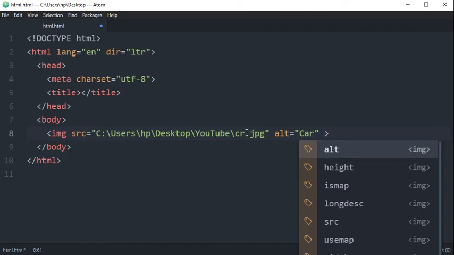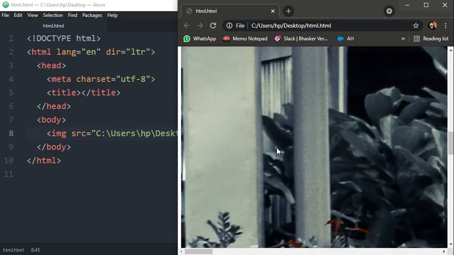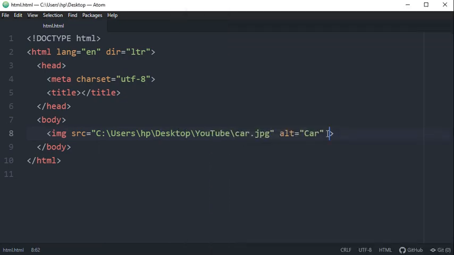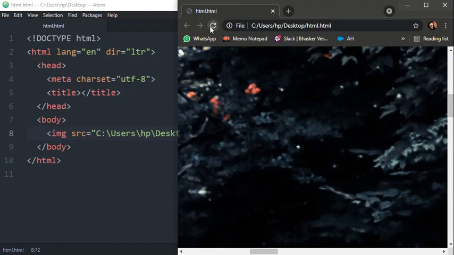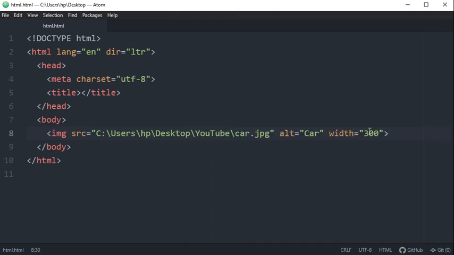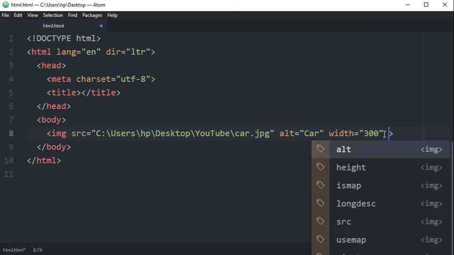Our image is big in size. How will you define the size of this image to display the full image in your web page? I'm simply going to set the width. Suppose I'm giving it width 300, saving and refreshing it. You will see that according to the ratio, the height is already adjusted. We just gave the width, 300, and according to the ratio it will automatically pick the height of this image. If you want to define it manually, you can do that too.